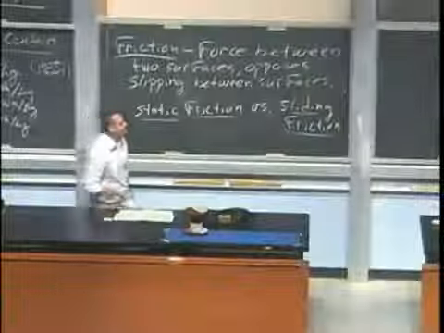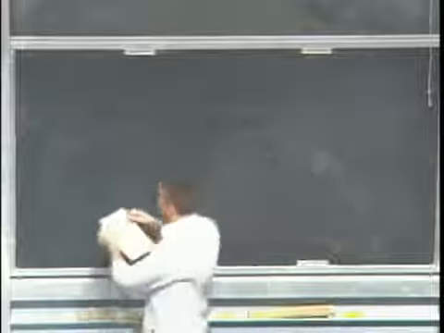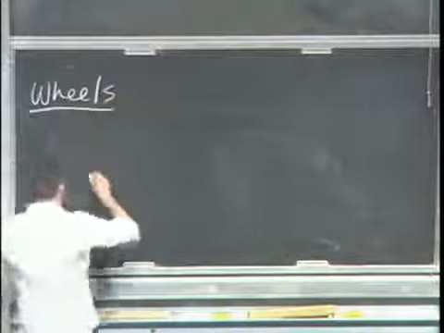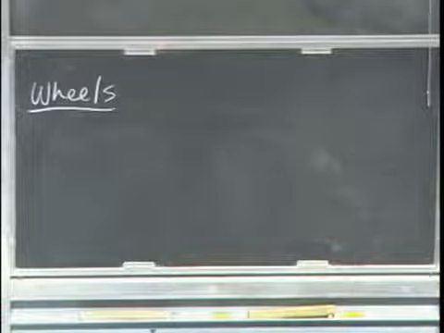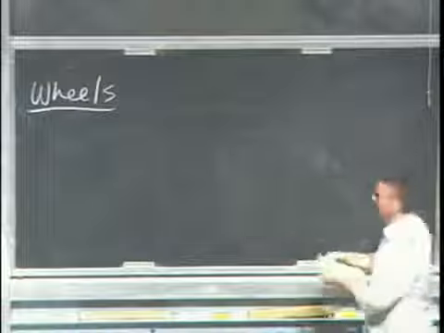Wheels. Let's start talking about wheels. We probably won't get through all of this, but we will get through part of it. We all know that wheels are a very convenient way to move things, and let's talk about why. For an ideal wheel, so an ideal wheel is a hard wheel, not a soft wheel. So for a hard wheel on a hard surface,